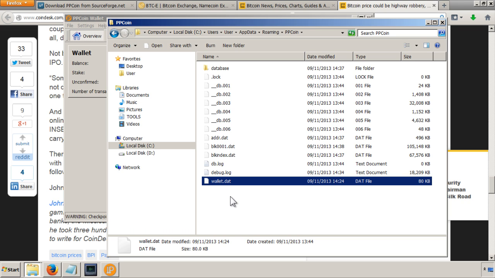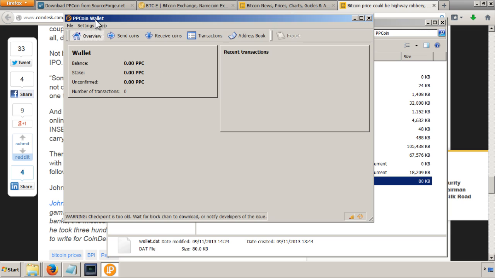So the most important thing to do is to make sure that you don't lose or overwrite this file, because if you do, then you won't be able to have access to any coins that you've managed to generate or have bought. So it's really important to make sure that you're protecting this wallet.dat file and back it up on an external drive or somewhere else on some other computer.